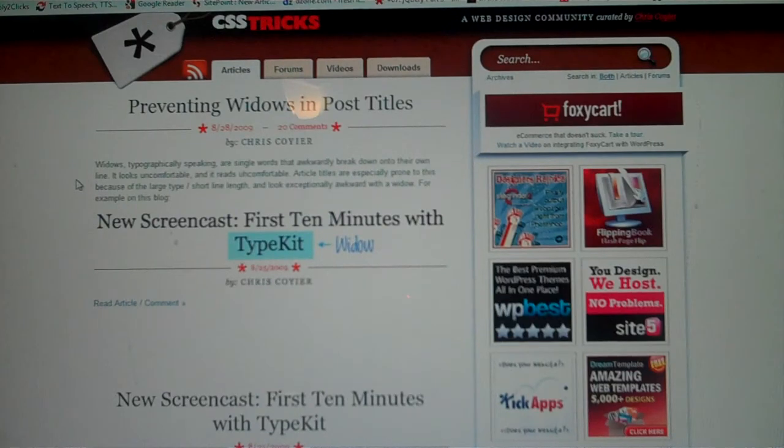So this one is my first pick because they have screencasting, and everybody knows that if you have a visual perspective on learning things, especially when it comes to this computer stuff, like learning different programming languages and scripting languages and whatnot, there's nothing better than a video tutorial. So CSS Tricks is my number one. My number two is